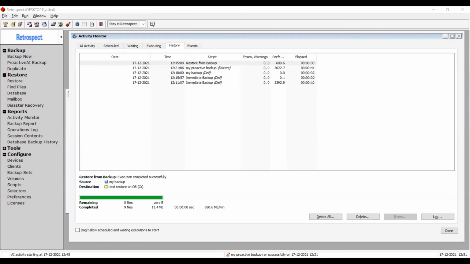There is another chat. If ransomware attacks in immutable backup, what will happen, right? So the immutable backup, there is a question: if ransomware attacks in immutable backup, what will happen?